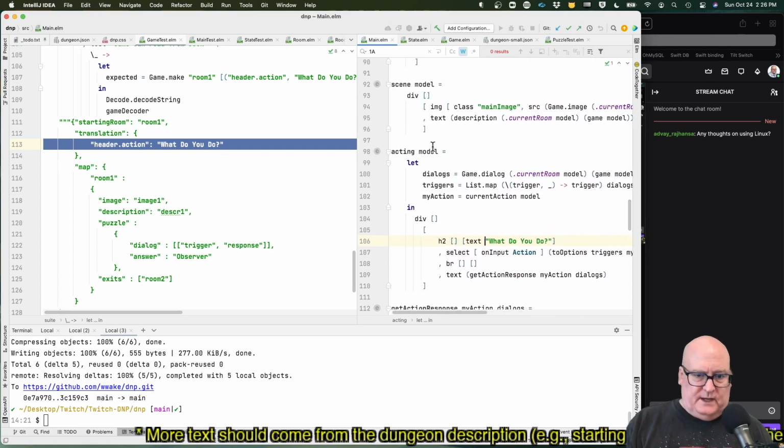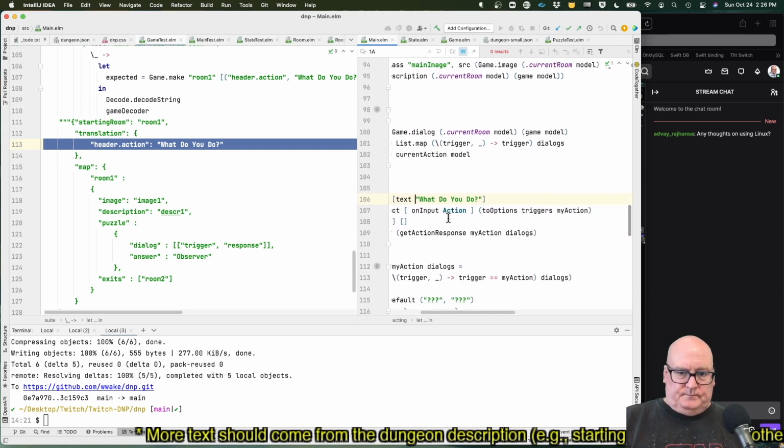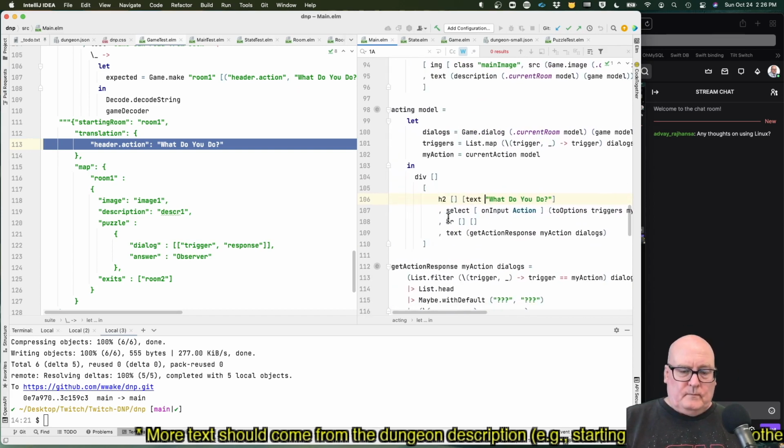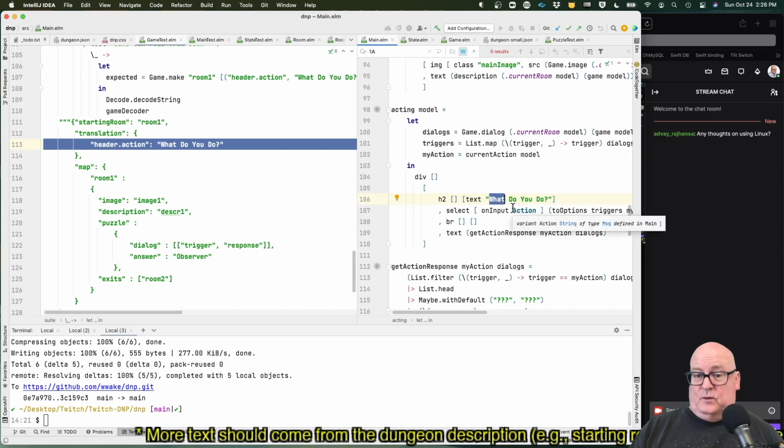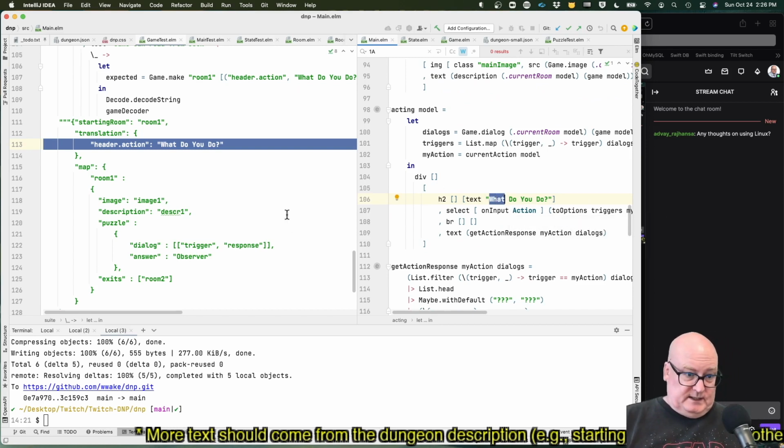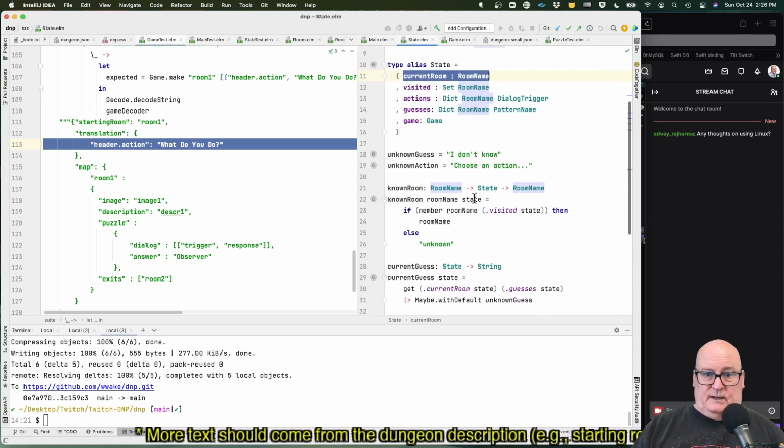Well, I have the model. I don't think it would be bad if my model said, I have a translate method and you give me your key and I will tell you what's going on. So let's add that. Okay, so model is state.